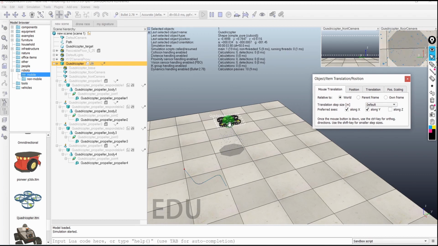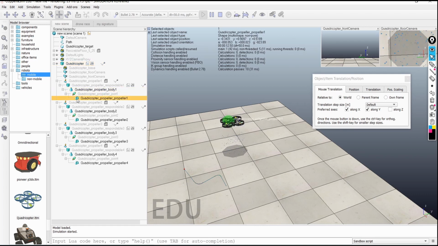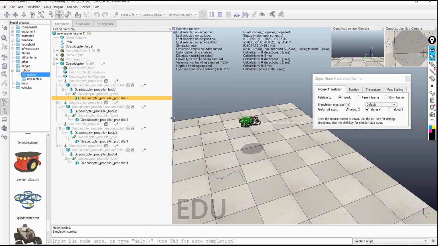Can you see this green object? If I want to make the drone move now in this scene, I will just make this green object move. Look, this is the quadcopter target.